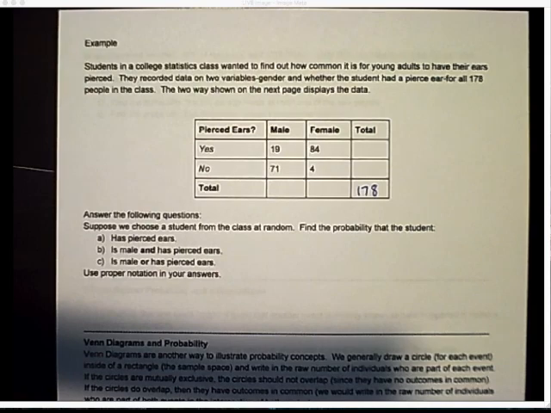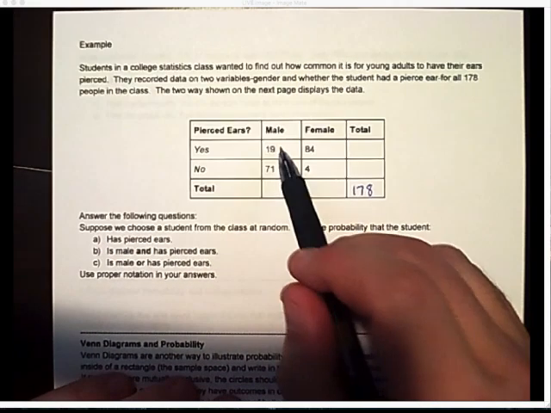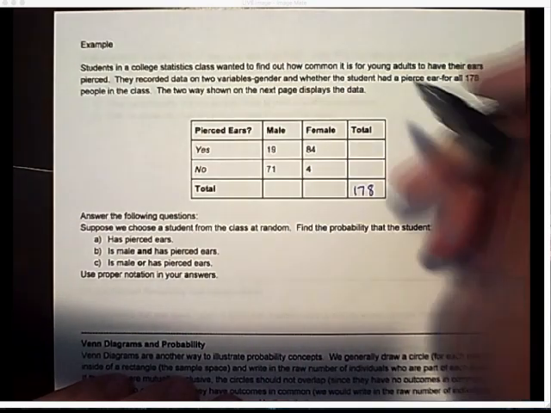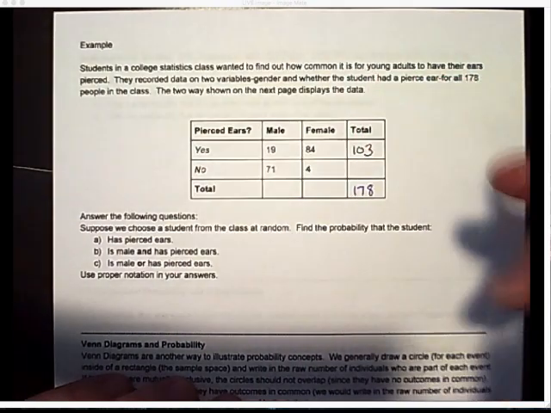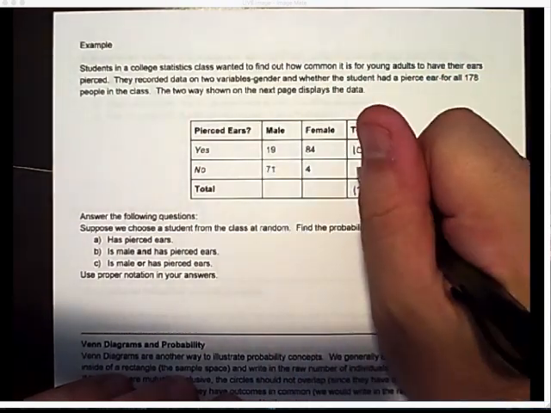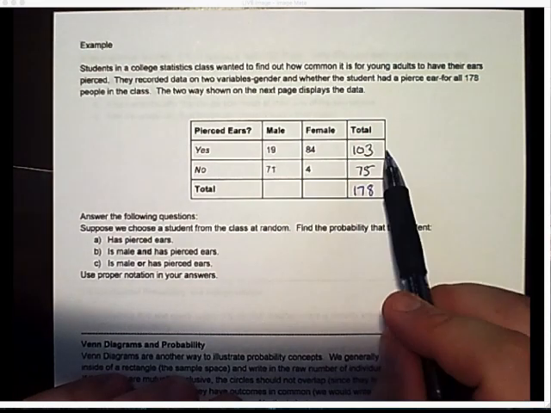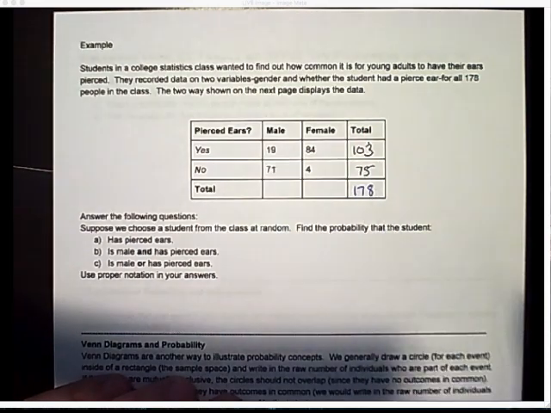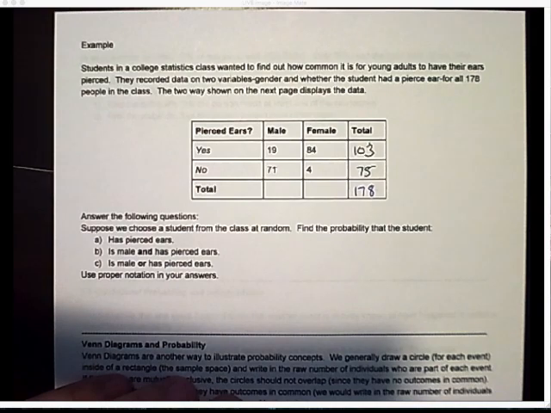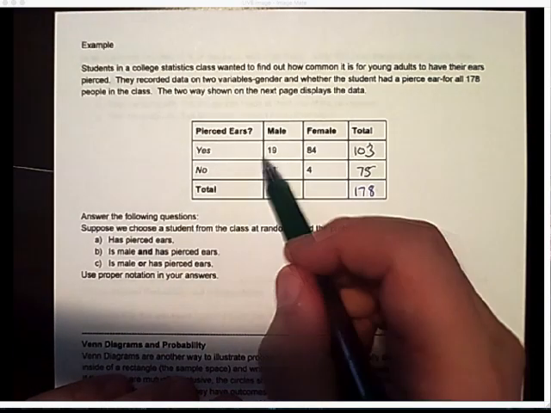Okay, so we know whenever we have a two-way table, the first thing we have to do is we have got to get our marginals. Okay, we got to get the totals of the columns and the totals of the rows. All right, so if I add these two together, 19 plus 84, that's 103. 71 plus 4 is 75. If I add those numbers together, it does in fact give me 178, so that's good news. All right. Now if I add down here,